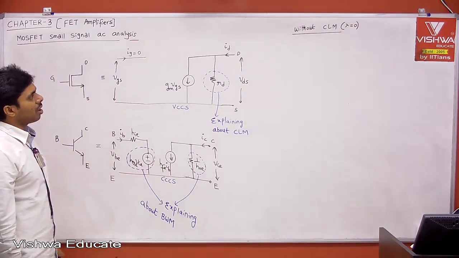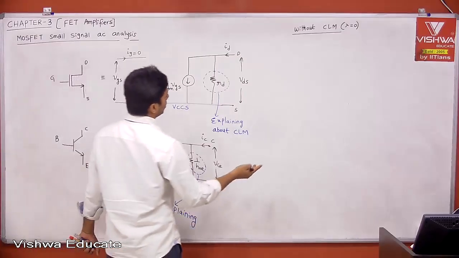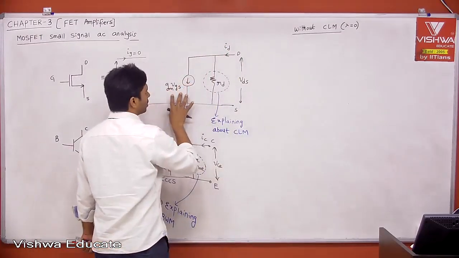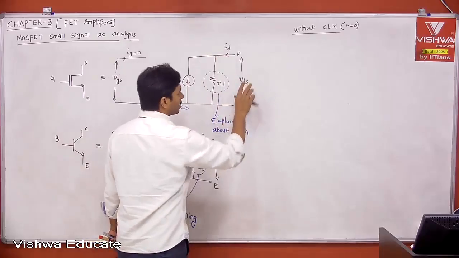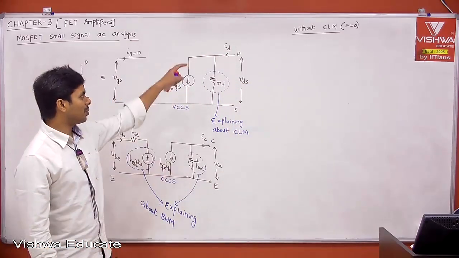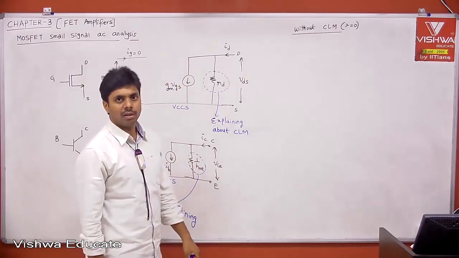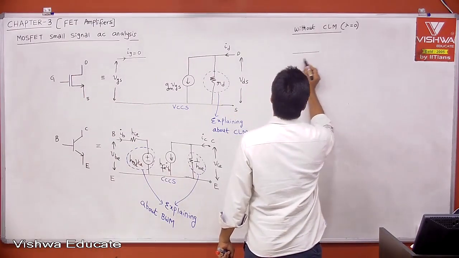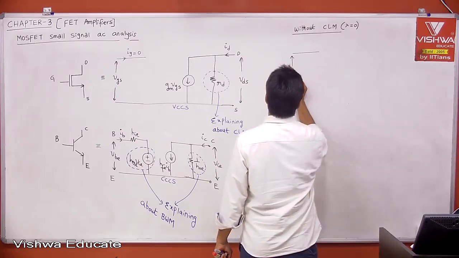If there is no channel length modulation, then what does it mean? The output current, whatever you have, is only a function of VGS. It is independent of VDS. That is the meaning of not having any channel length modulation. Means your output current will not change with respect to VDS. Okay, fine. Then if you consider that, the equivalent circuit will be, this is your VGS,